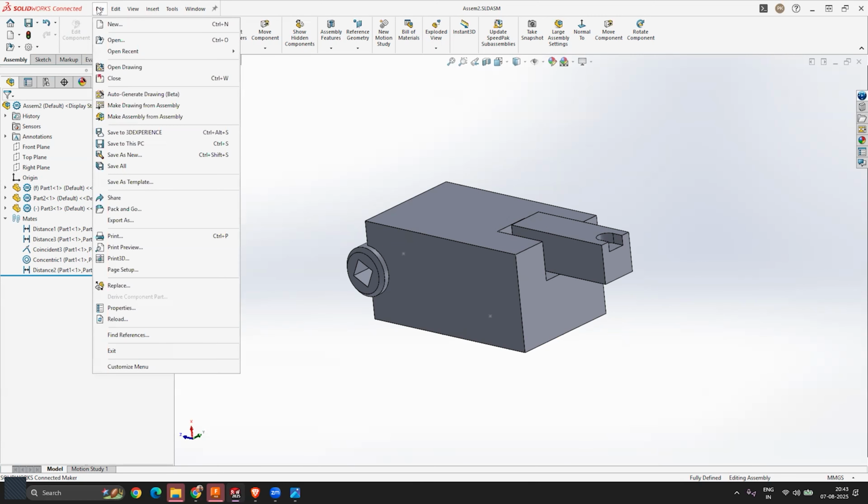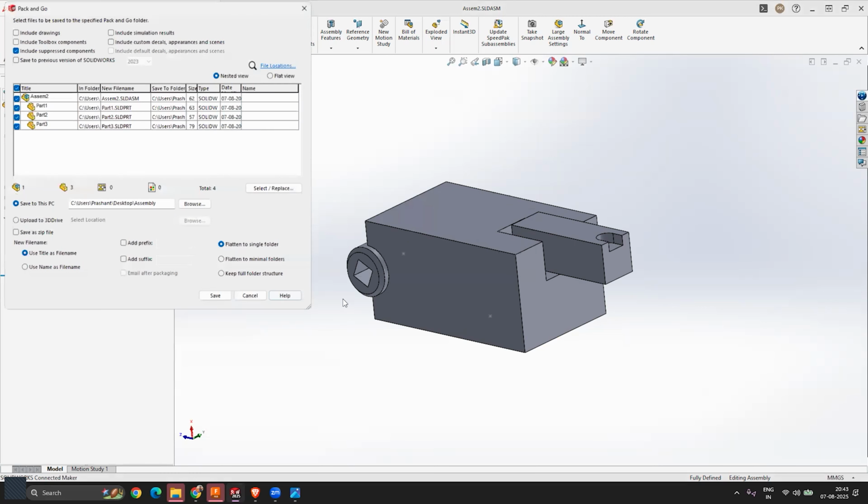Simply go onto the file, and there you will find an option that says pack and go. So the moment you click on pack and go for your assembly file, here you can see it is saving all the things, 3 parts and also an assembly file, and it will create a simple folder for you that will be a zipped folder, or whatever you call it, compressed folder. And then right now it will save onto this location. You can see in the assembly folder. So if you click on save,